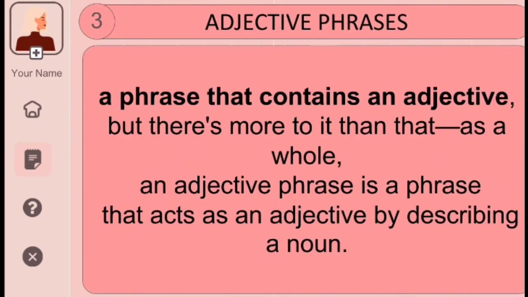Next, we have adjective phrases. We've seen that a noun phrase is a group of words with a noun at its head. Now, the adjective phrase shares a similar definition, but this time with an adjective at its head. An adjective phrase can include